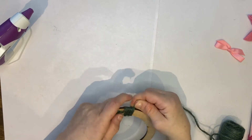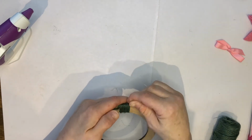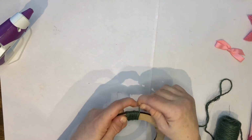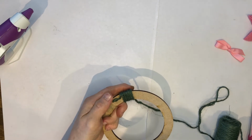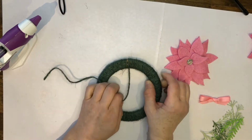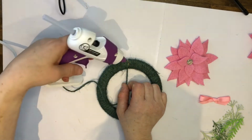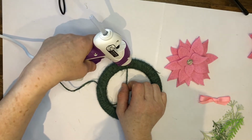I find this wreath is quite small, and as long as I keep the cord tight together, then there's no slippage or movement. So you need to continue that the whole way around the edge of your wreath to get back to where you started. And you just have a little bit of cord left. I would suggest that you either use another bit of double-sided tape, or I'm just going to use a tiny little bit of hot glue here